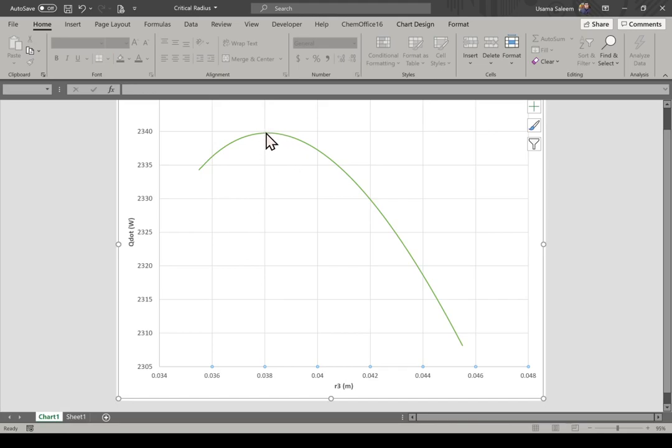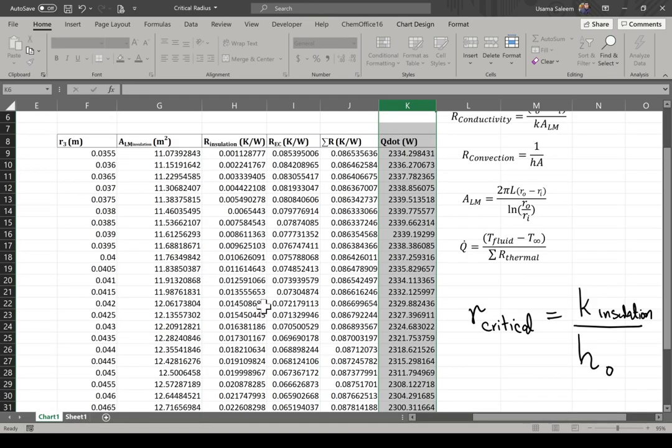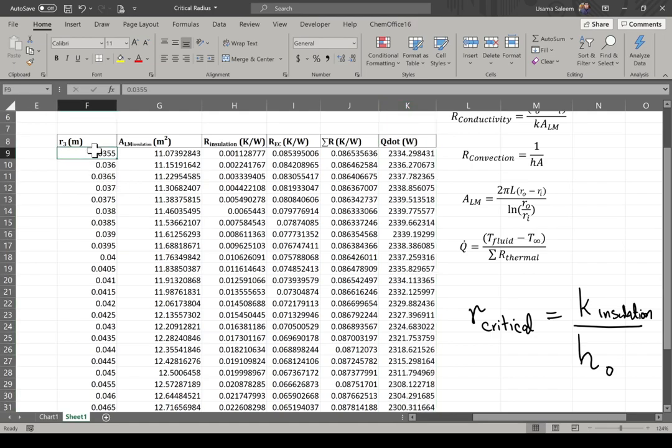So again, at the critical radius you're going to have a maximum rate of heat transfer. And why is that? Because you're providing more area. By providing more area you're actually lowering the thermal resistance. But you can also plot thermal resistance. So actually, before I conclude this video, I'll just